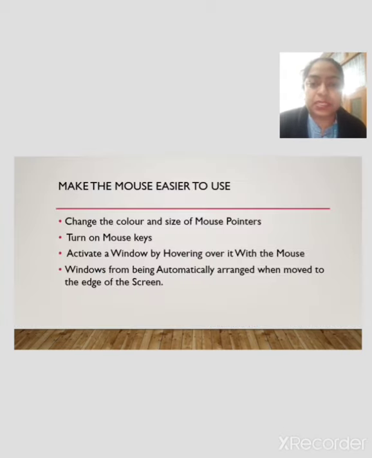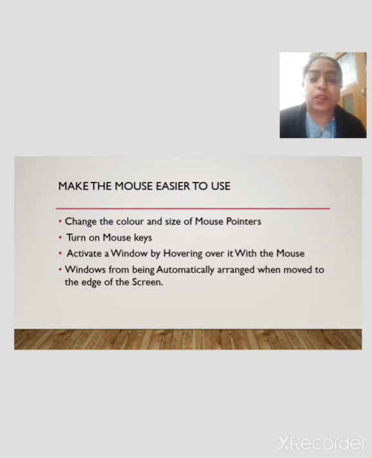Next one is make the mouse easier to use. Means if any person has a physical disability, meaning his or her finger does not work properly, for that purpose you have to make the mouse easier to use. For that you have to change the color and size of the mouse pointers.